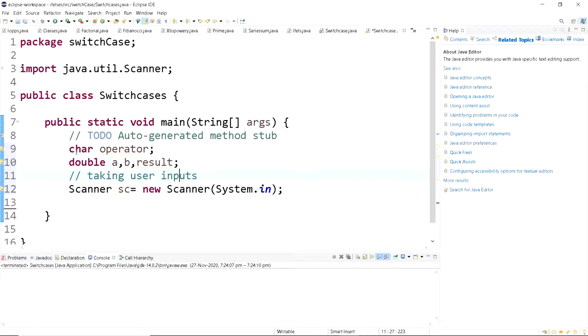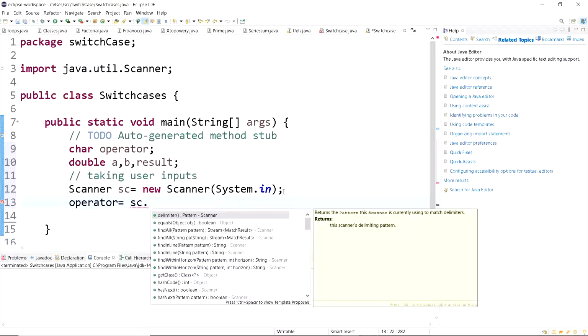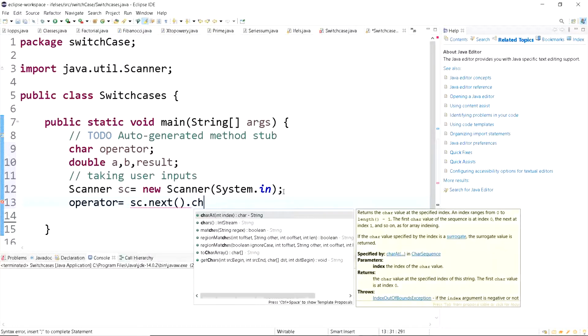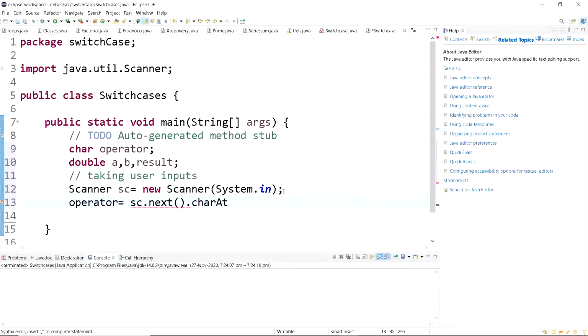Now we have created these variables. Now we'll take the user input. Here we are learning a new thing. In order to take input for a character, it is not like we take for an integer. It is sc dot next dot char at 0.